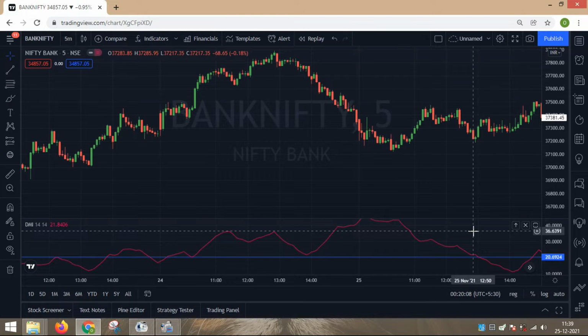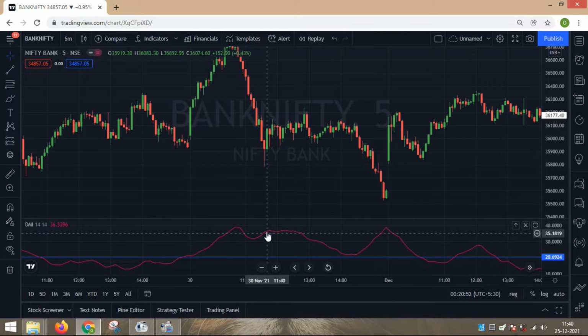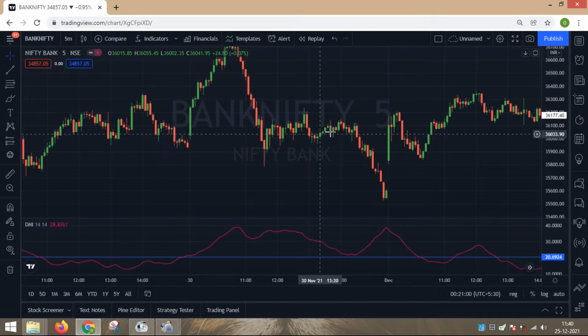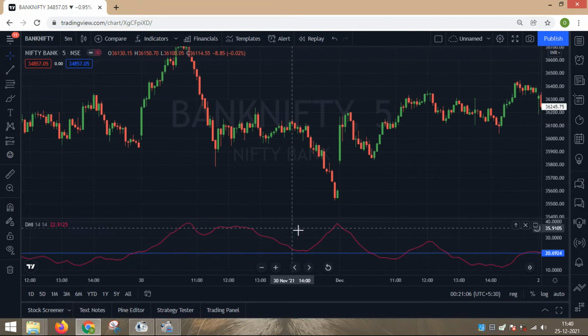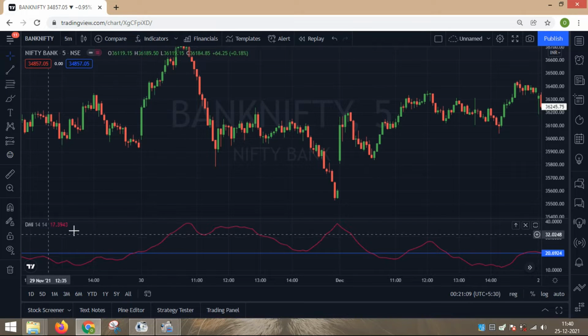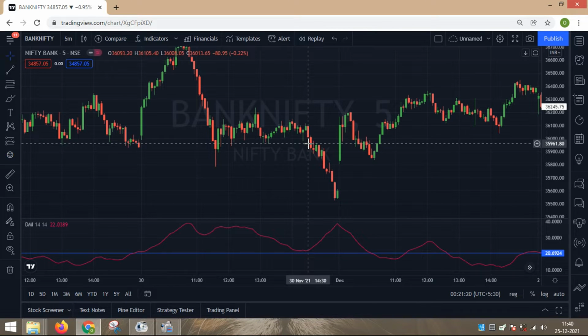Again, we have one more rule here. When the DMI is above 20, but it is a downtrending DMI, meaning a downward DMI, the market will also stay sideways. You should trade when the DMI is above 20, and the second condition is that it should be in an upward direction. So it indicates that the market has started giving momentum now.